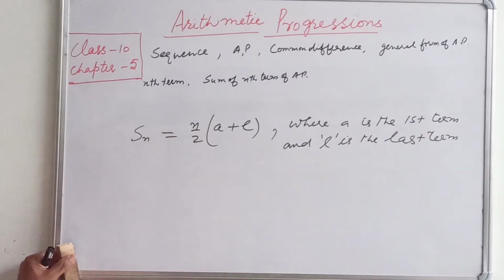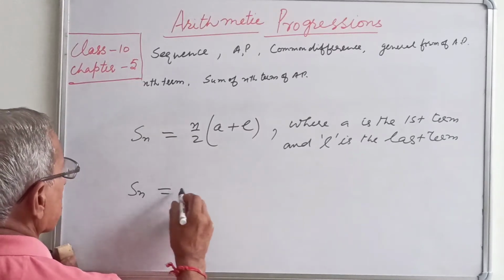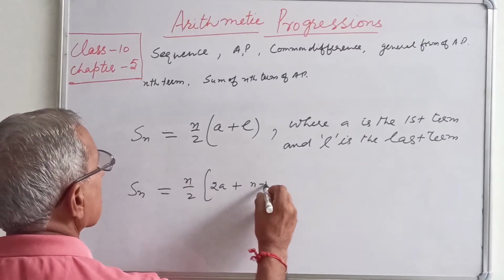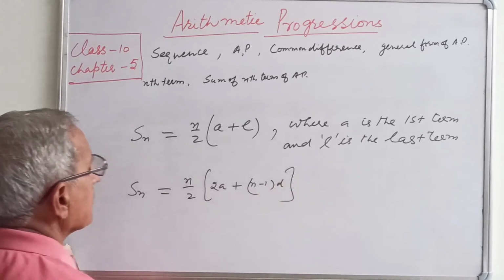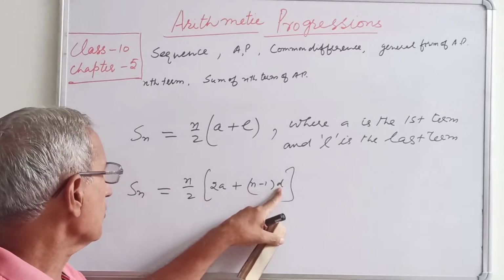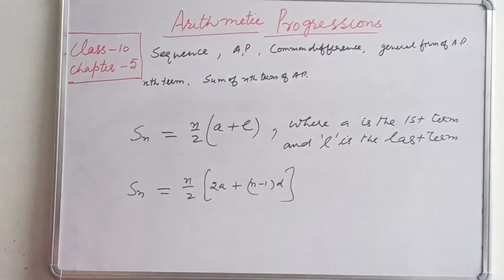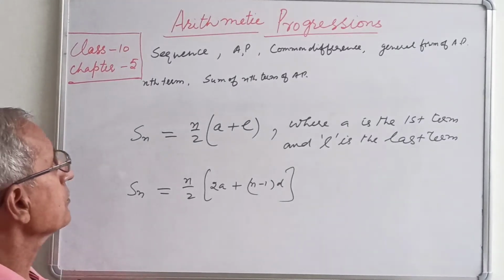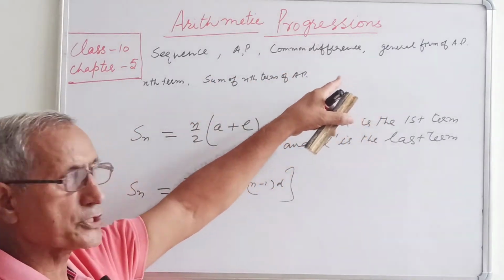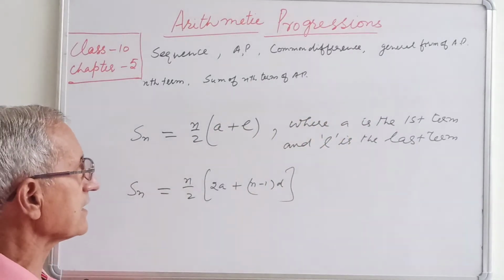And represent the number of the terms. Also another formula here for Sn: n/2 into (2A plus (n-1) into D). So A is again the first term, n is the number of terms, D is the common difference. So that is a formula for the sum of the n terms of an AP. So these were some introductory terms which will be used during the solution of the questions from the exercises.